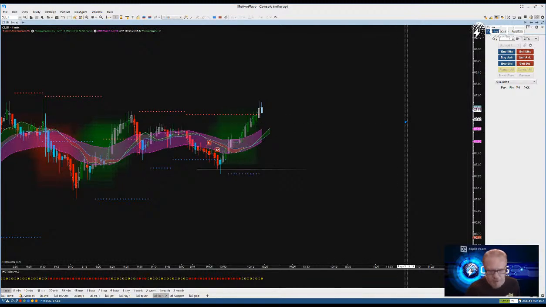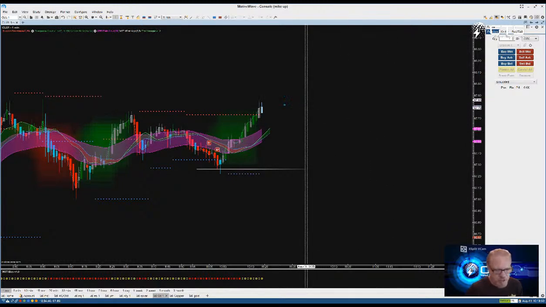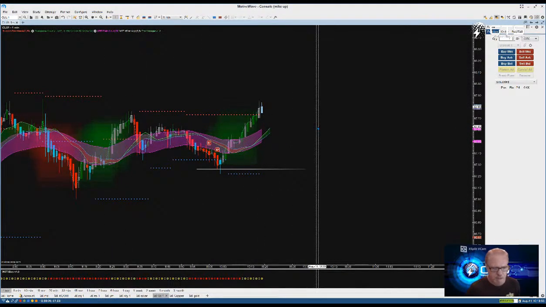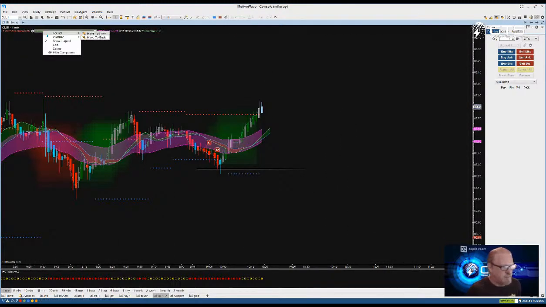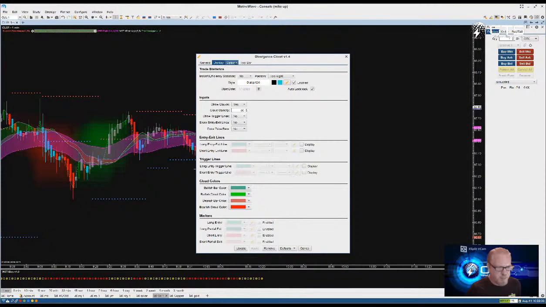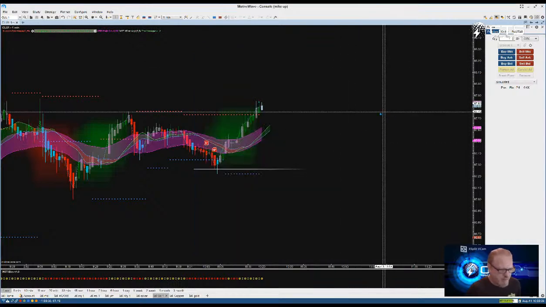Oh, so you have them on the divergence? Yeah. Well, what I did on my divergence cloud, since I got the trade manager, I kind of just used my divergence and took off my triangle things there. I took off a few things. On my display, I turned off my color prices so they don't get messed up. And I just disabled all this right here for my entries and stuff, because I'm using the 6-star expert anyway. And I just got my cloud colors changed and just did it that way. I just wanted to see how that worked. You know what I mean?